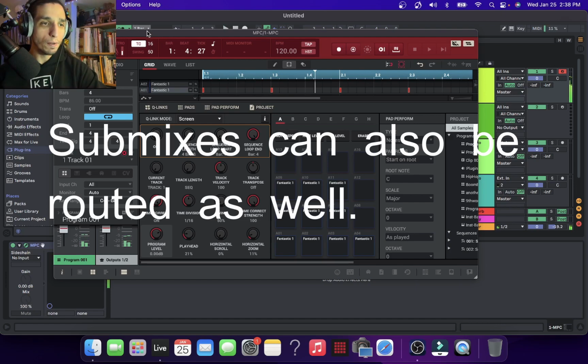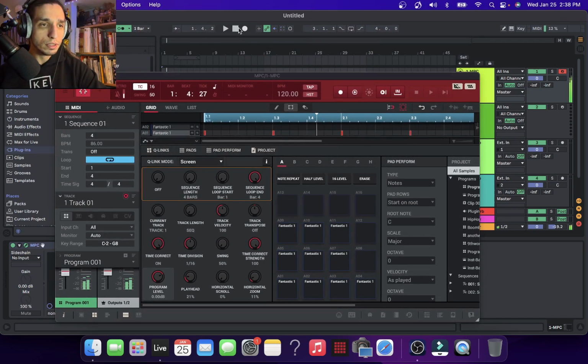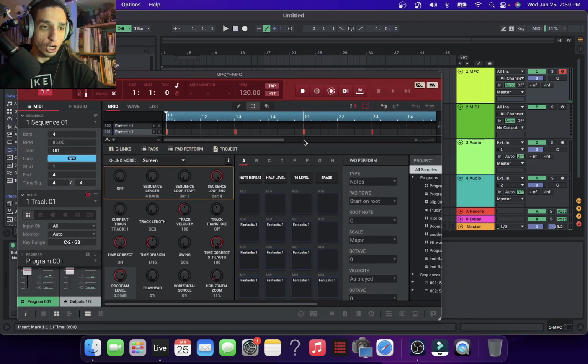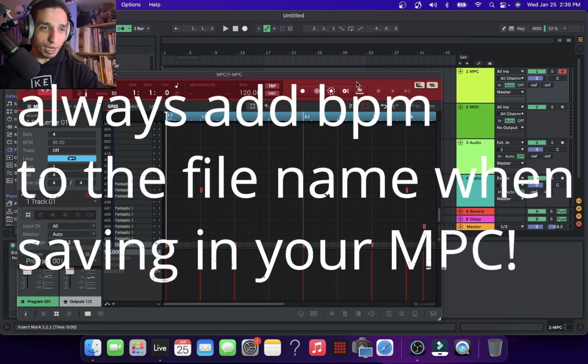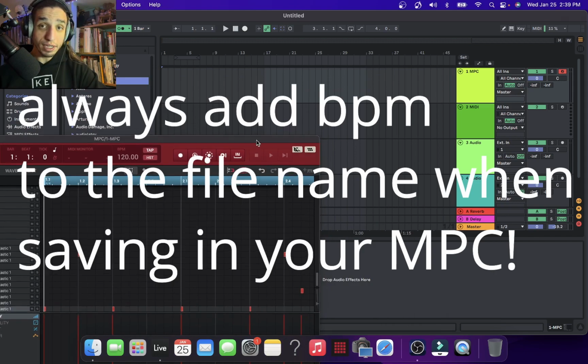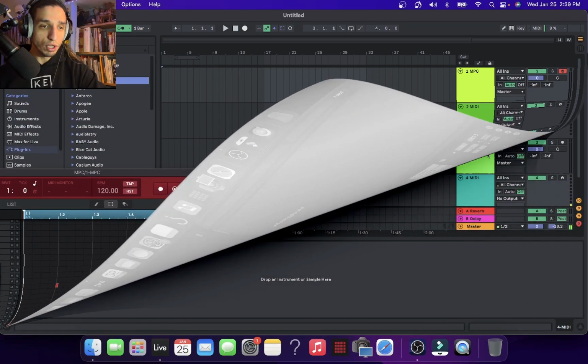Alright, so it's the same thing in Ableton, guys. You're gonna have to get your tempo info. And this is why I highly recommend saving the BPM in the title of your